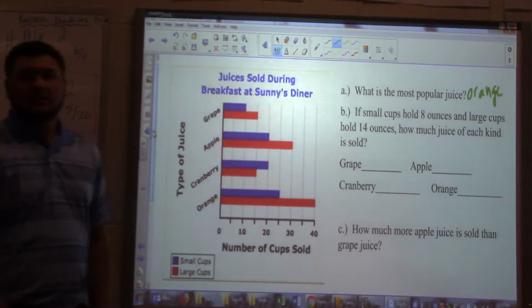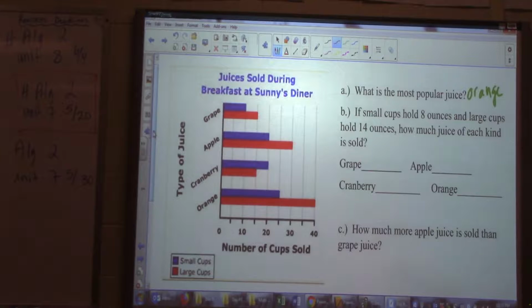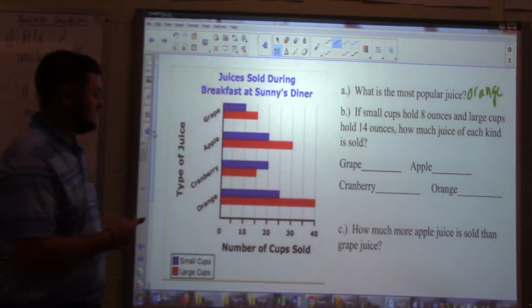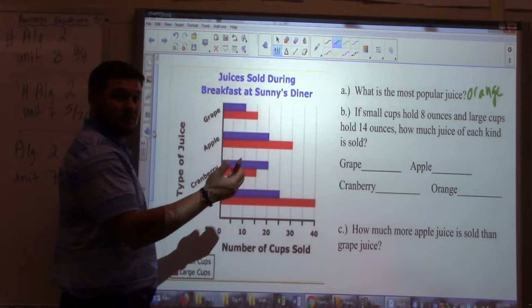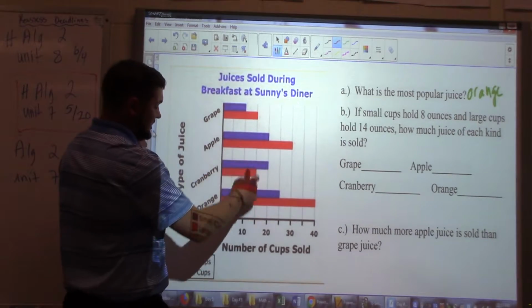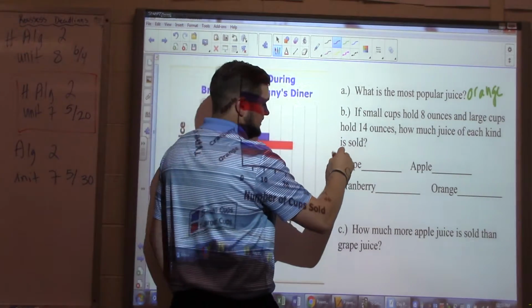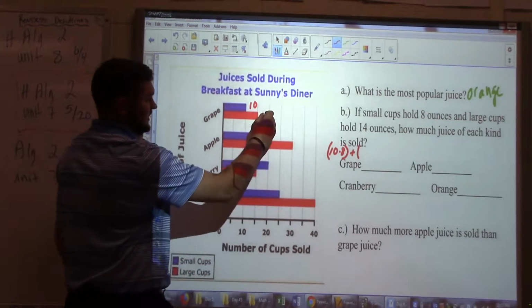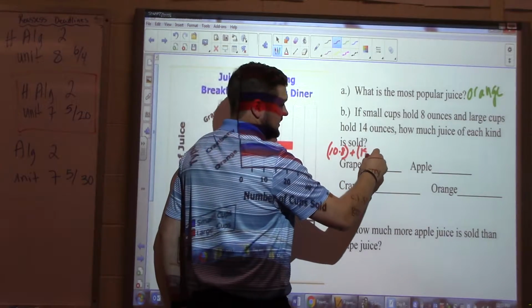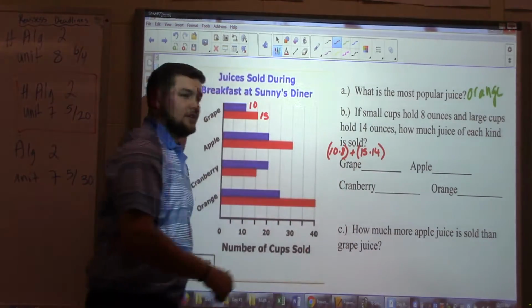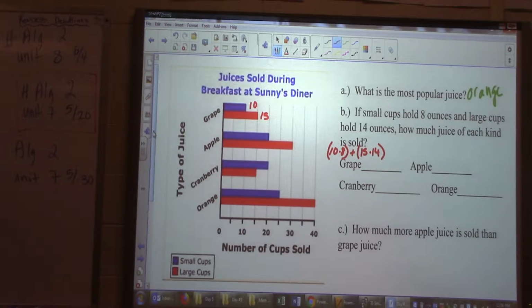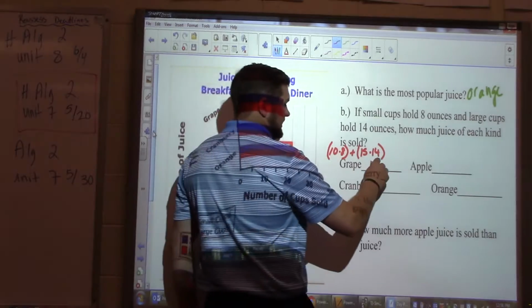Do some math. How are you going to figure this out? Multiplication. What do you mean by multiply? Just 8 times 14? No, like if you're doing grape, it would be 10 times 8 plus. Perfect. So there's 10 small cups of grape sold, so we would do 10 times 8 plus there are 15 large cups sold, so 15 times 14. So we would take the number of little cups times 8 plus the number of big cups times 14. For grape, we should get 290